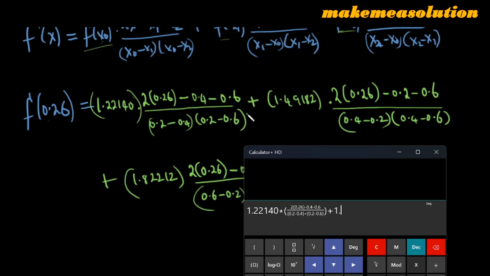We have 1.49182 times, open the bracket, and repeat the same thing. We'll have 2 into 0.26, and you now have minus 0.2 minus 0.6, and the base we have 0.4 minus 0.2 times 0.4 minus 0.6, and we now have plus. Okay, then finally